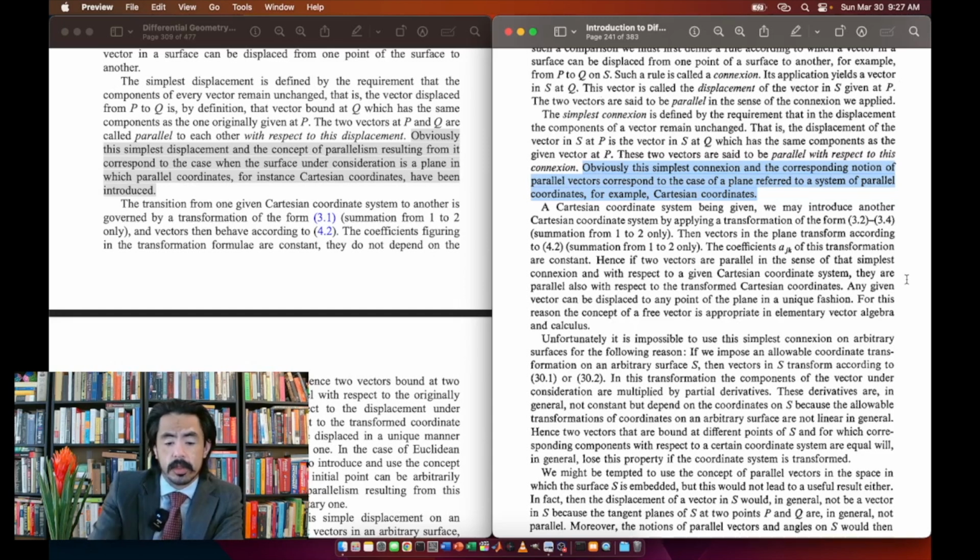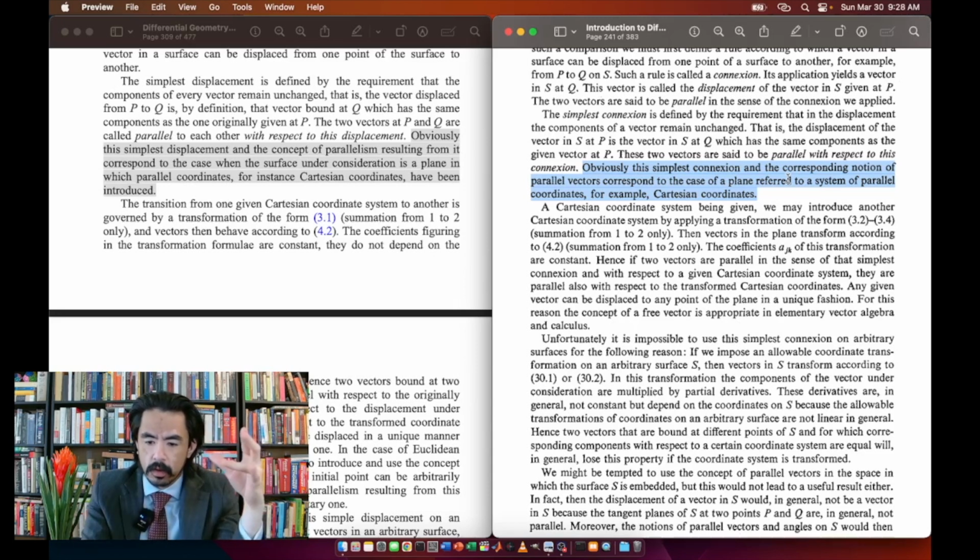I think the most awkward part of the rewrite here is the case of a plane referred to a system of parallel coordinates. The usage of the word referred there is kind of like you're saying you're referencing the system using these parallel coordinates, like you're using the parallel coordinates to impose this referencing. And the correct English word isn't maybe referenced there, but referred. Anyways, that's the kind of difference left to right.